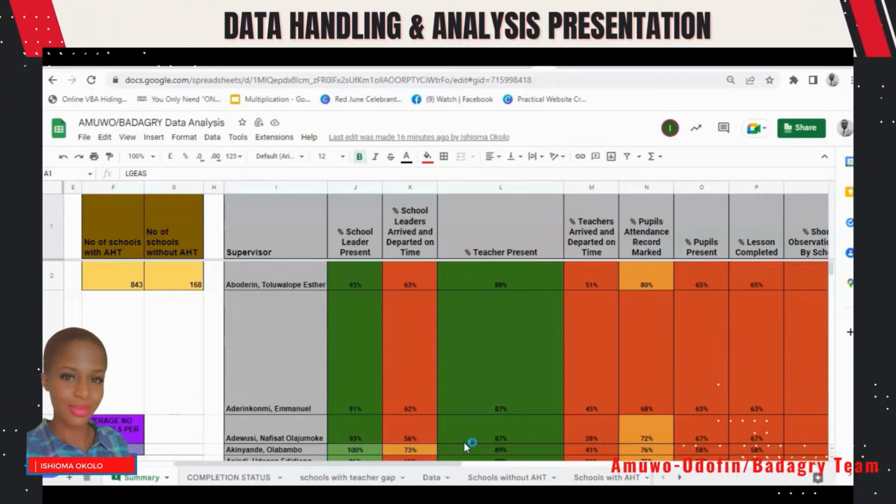And then we also created a separate tab where we listed schools. From what we put down, we have